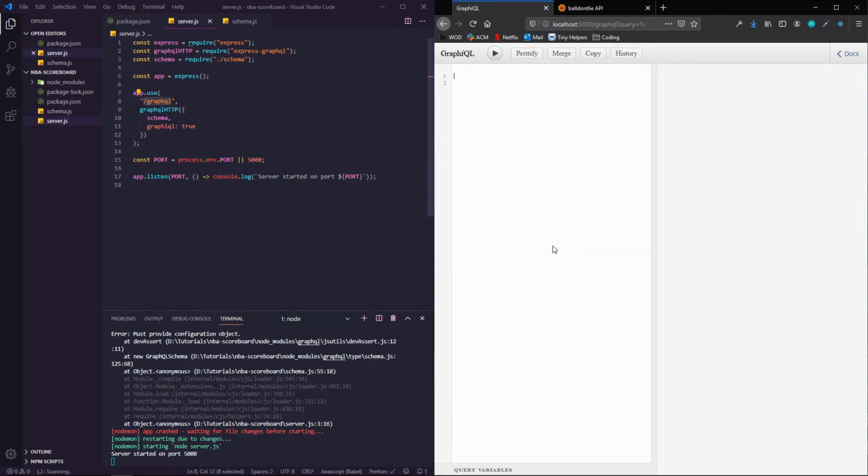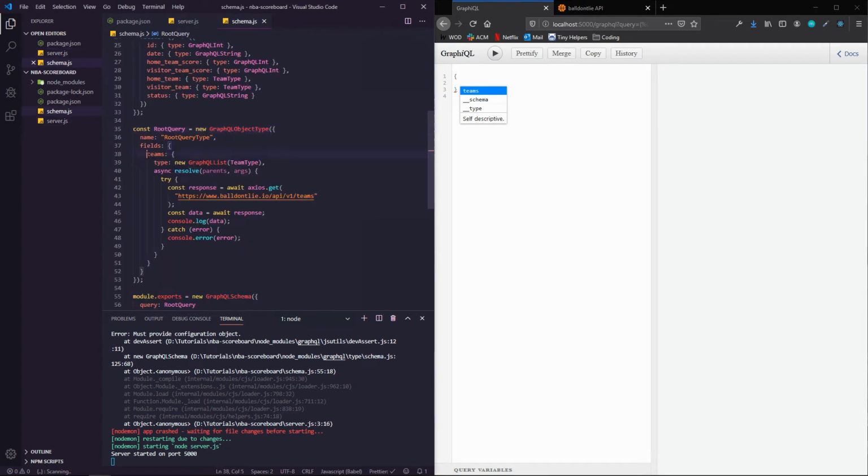This is kind of like our little testing data playground. It's going to show us all of the different GraphQL data calls that we can make. If you open up a set of curly braces, and on PC you do control space, on Mac it's either option or command space, it'll give you a list of all the available queries. This is a good sign that we're getting teams here because we made that teams query in our root query. If we named this something else, it's going to pop up whatever we name it underneath this